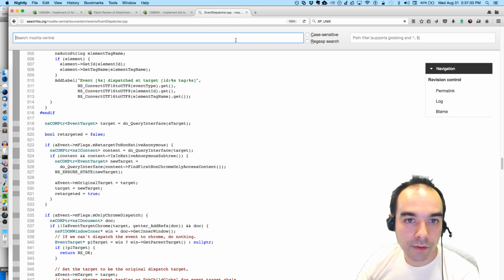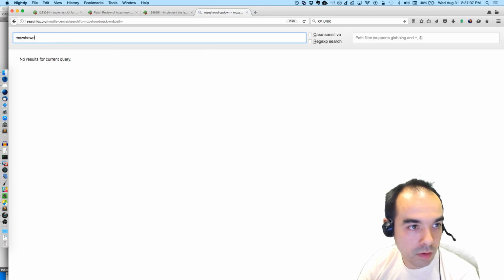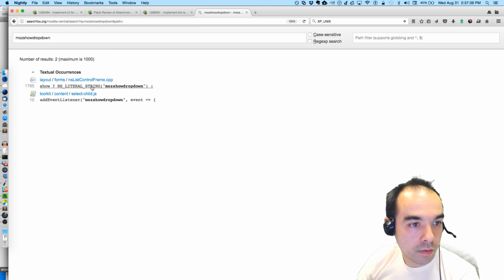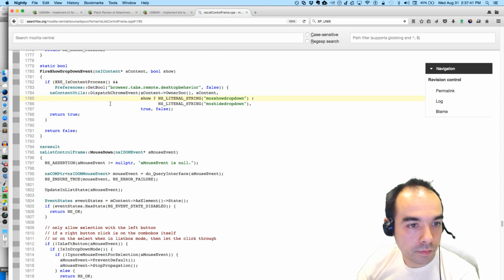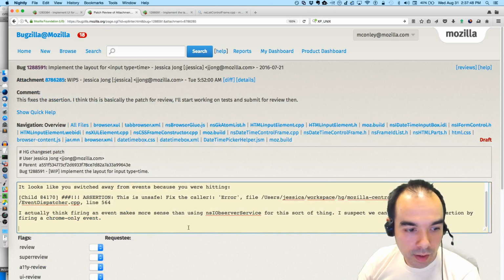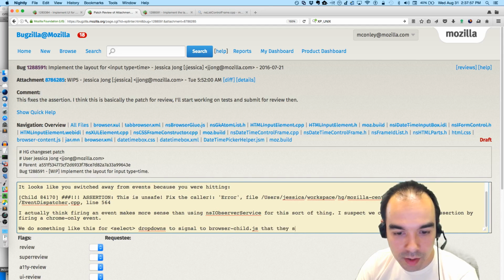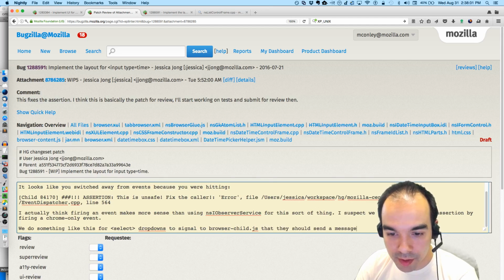We do something like that for Moz show dropdown. We do something like this for select dropdowns to signal to browser child.js that they should send a message to the parent to open the select dropdown.